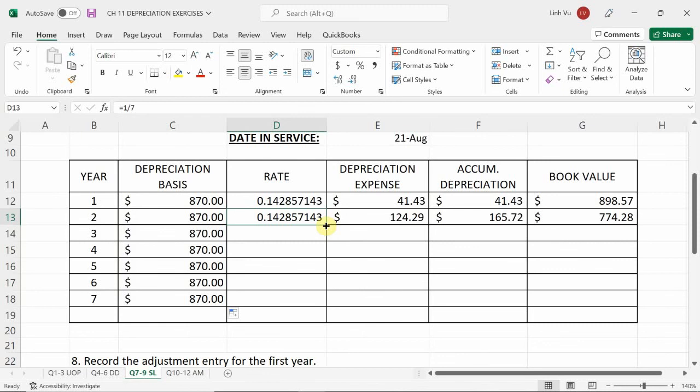Okay? And that's why I need to use the beginning of the year's book value as my depreciation basis. But for my straight line and for my units of production, it's going to be the asset cost minus salvage value. If you need me to explain why it is like that, I can't tell you, because in this case, we just have to understand that